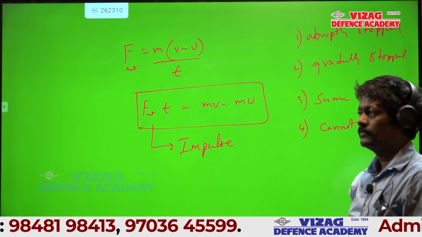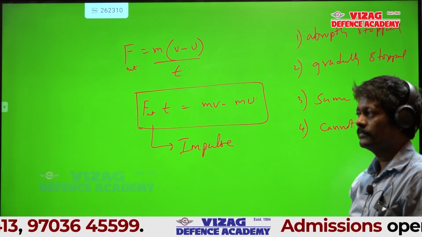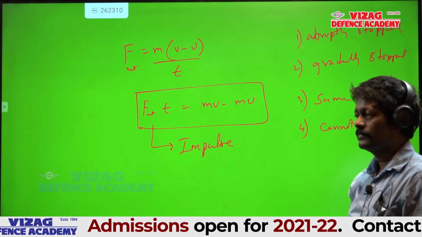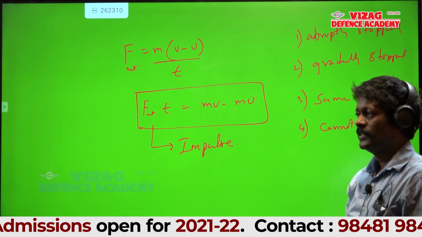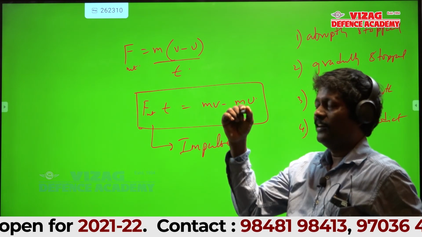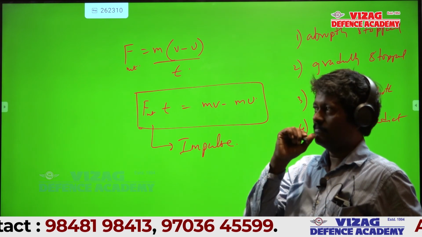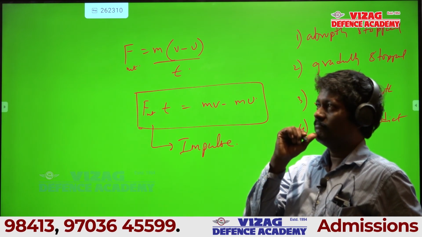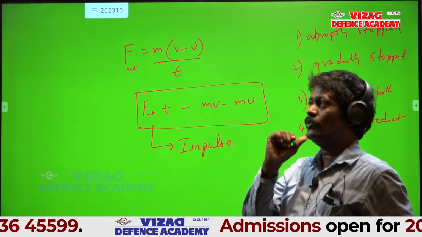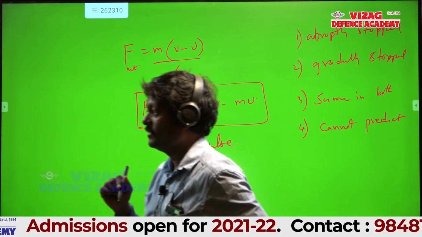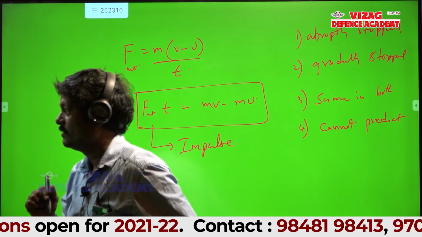Impulse is more in the abrupt case, because if we catch a ball without going back, then force will be more and we may get hurt. But when we gradually go back and catch the ball, then force is less, so we will not get hurt, sir. So impulse will be less. Okay. Who is that boy? Sir, Gautam.